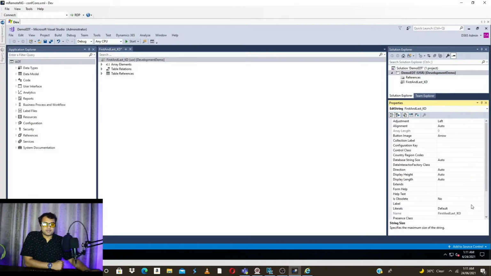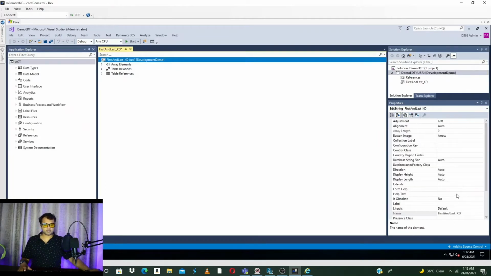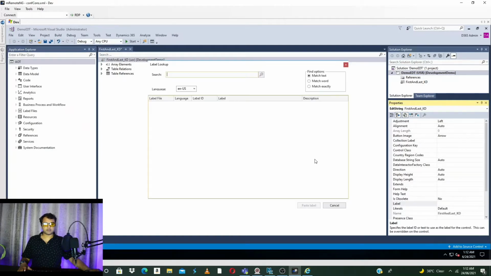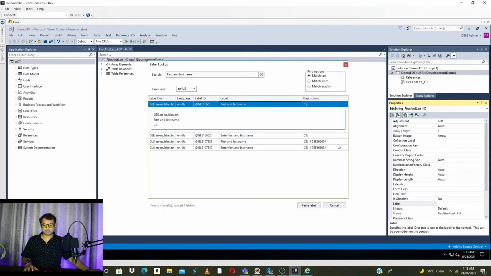After that, we need to set up a label. For the label, I'm going to use first and last name. So we'll go to labels, click on it and search for first and last name. We have a label which is already first and last name.